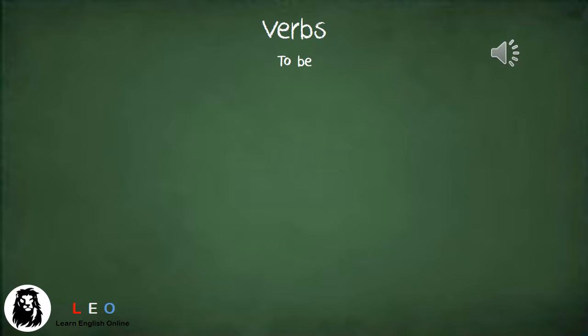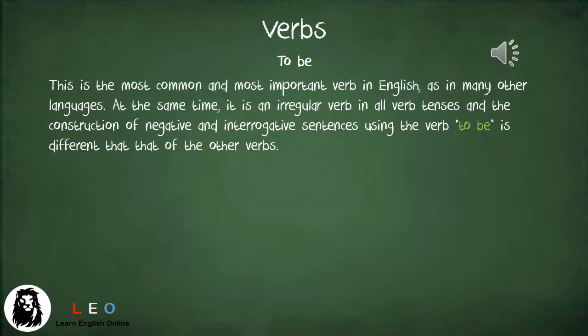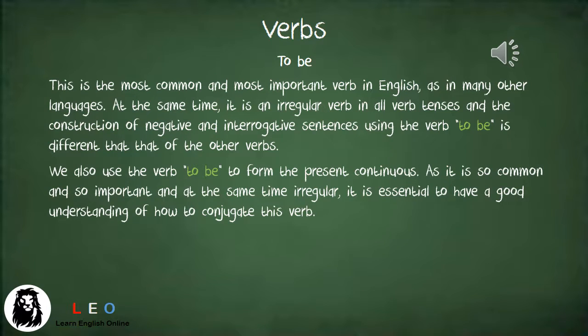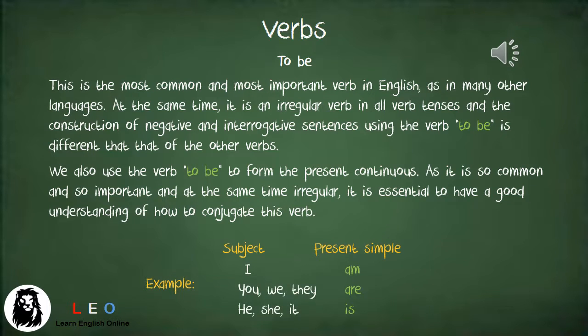Let's continue with the verb to be. This is the most common and most important verb in English, as in many other languages. At the same time, it is an irregular verb in all verb tenses, and the construction of negative and interrogative sentences using the verb to be is different from that of the other verbs. We also use the verb to be to form the present continuous. As it is so common and so important and at the same time irregular, it is essential to have a good understanding of how to conjugate this verb. For example,